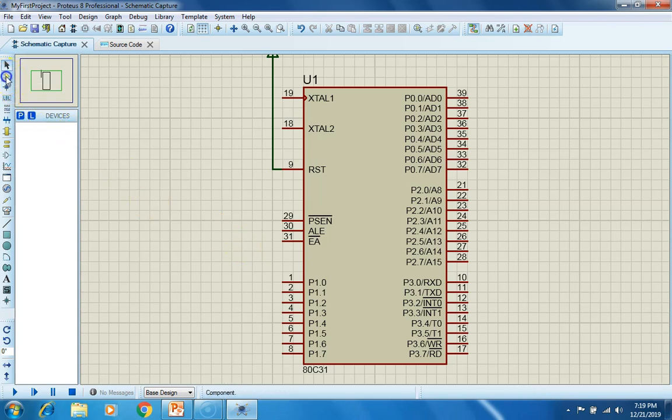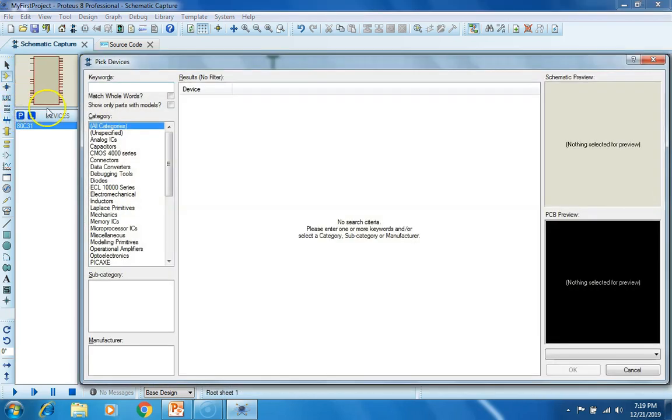Click on component mode. Go to the part list. Here, a library having different parts will appear. The name of the product to be selected can be written here.